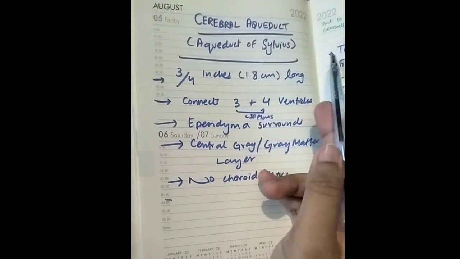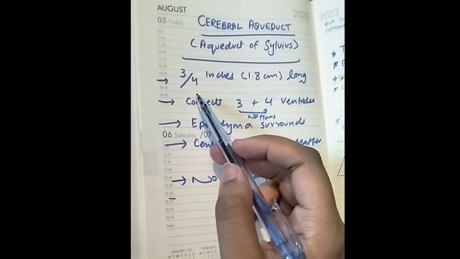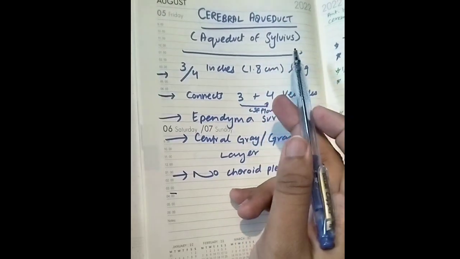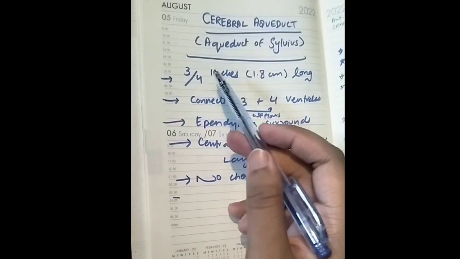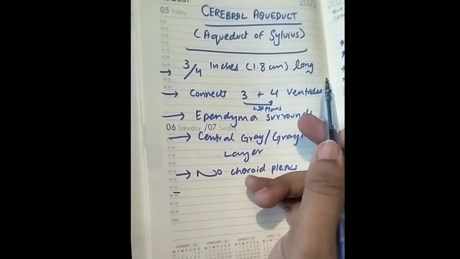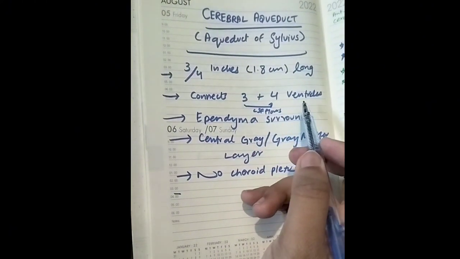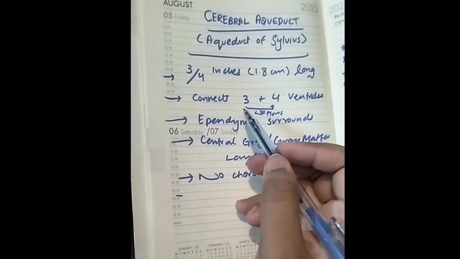Let's learn about the cerebral aqueduct. We can learn it from the 3 by 4 rule. The cerebral aqueduct is also known as the aqueduct of Sylvius. It is 3 by 4 inch long, or 1.8 centimeter long, and it connects the third and fourth ventricle. And the direction of the CSF flow is from the third ventricle